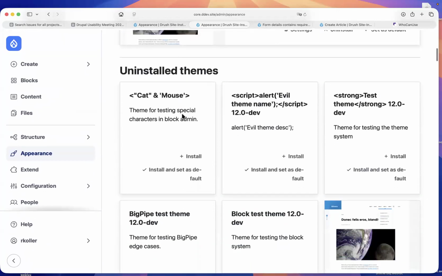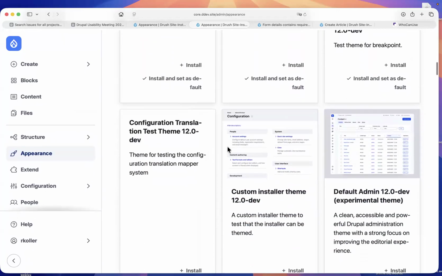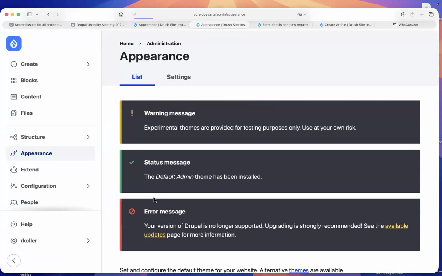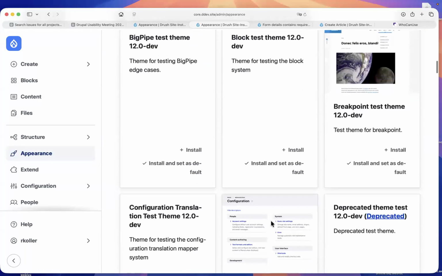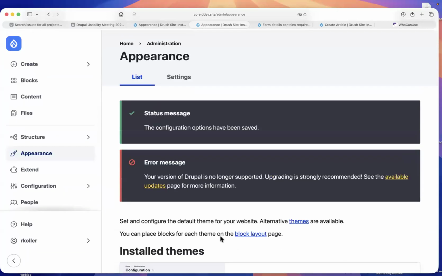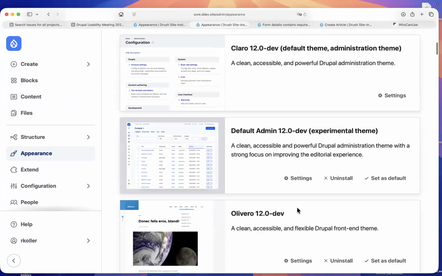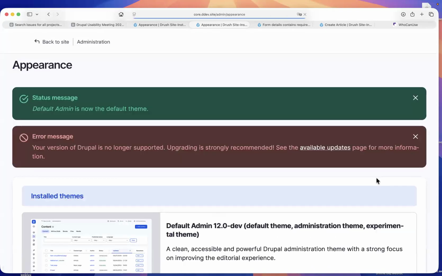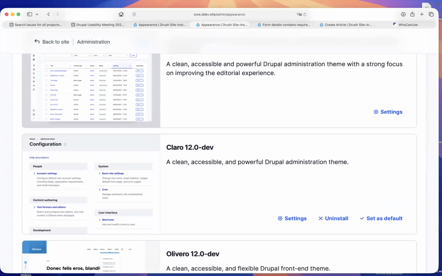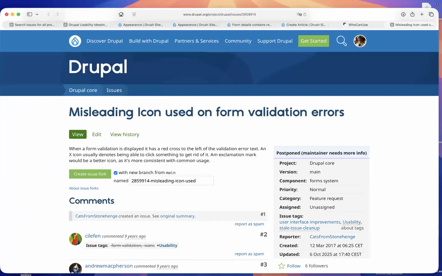Well, actually, I noticed a postponed issue. Which postponed issue? 1 second. So there is a misleading icon used on form validation errors. It's issue number 285991. Yeah. So here it's mentioned